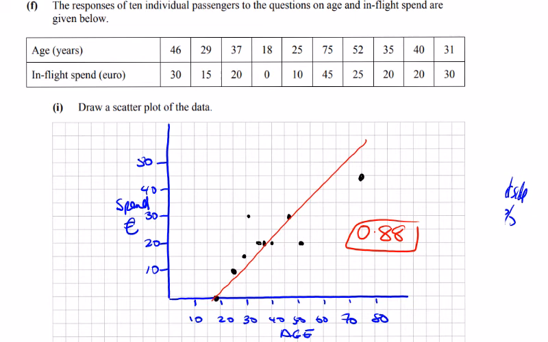What they're asking in part 3 is what can we conclude here. We can clearly see here that older people spend more. There's only one younger person that has really spent more than these two, but older people, see these younger people as 0, these are quite young, and then as we get a little bit older we start to spend a little bit more, which does make sense for flying. And then the last part was sketching the line of best fit.